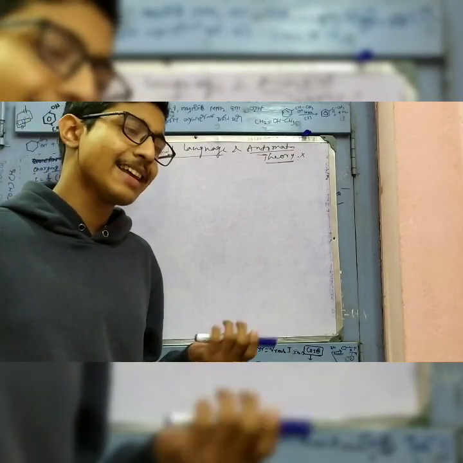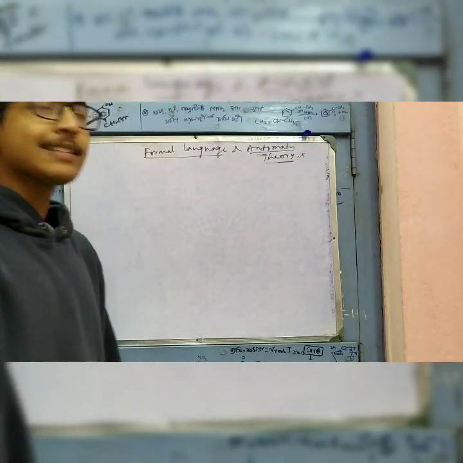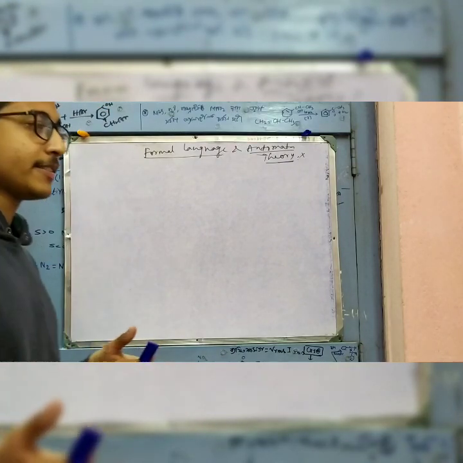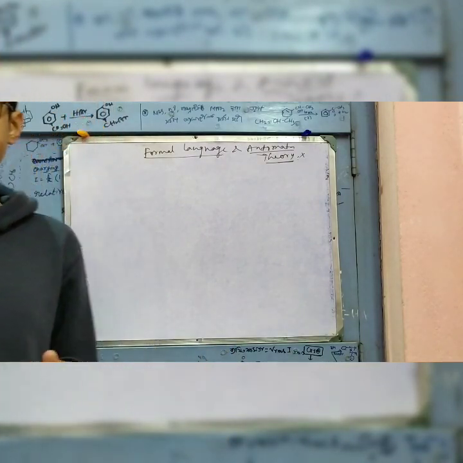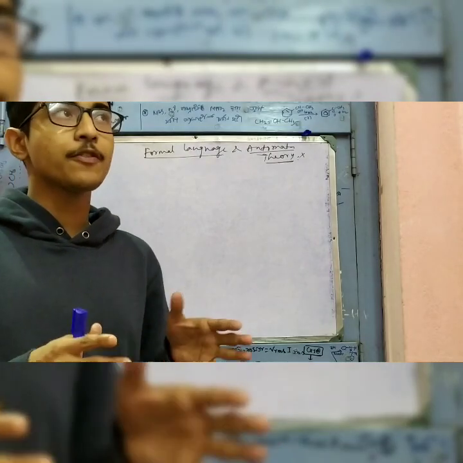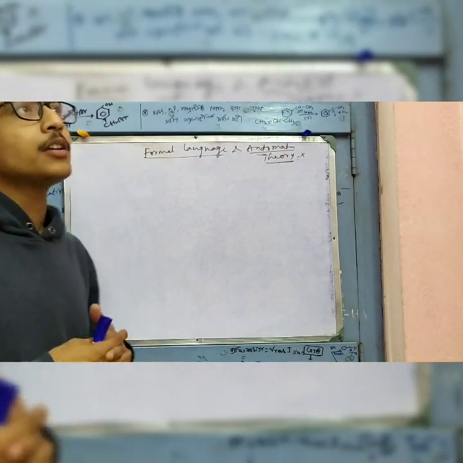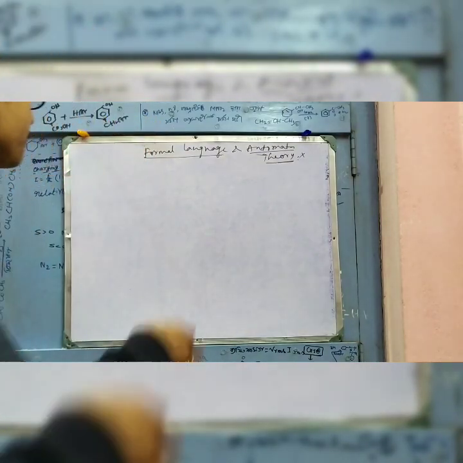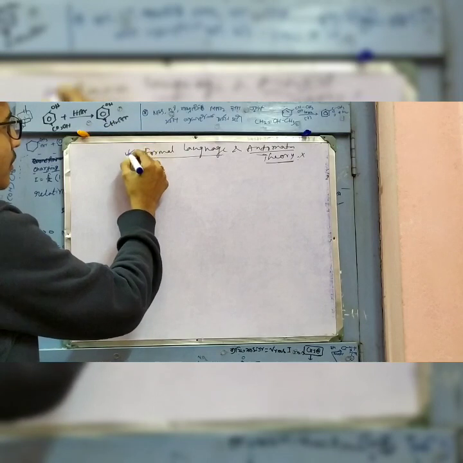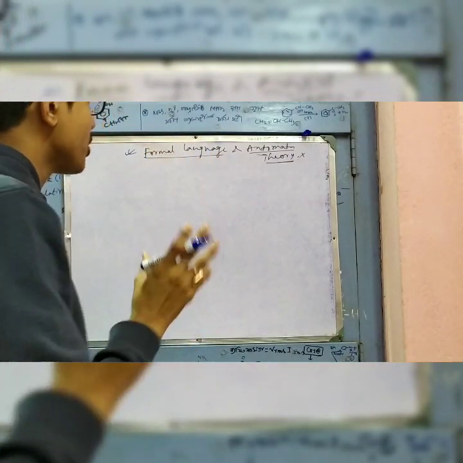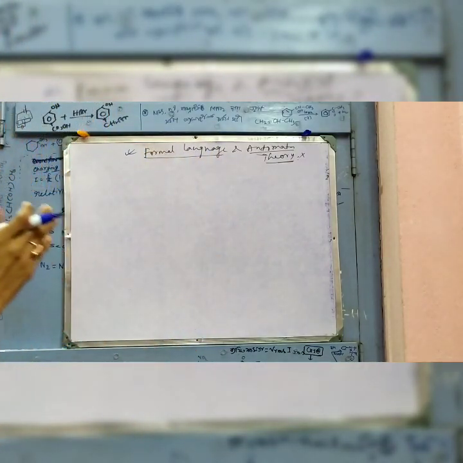To understand language, we have to understand it. Just take a language, let's say English. English is a language having some alphabets, some words, some sentences. If I make a set, the elements in this set are the sentences. So in this subject, for formal language, the building block or the smallest unit